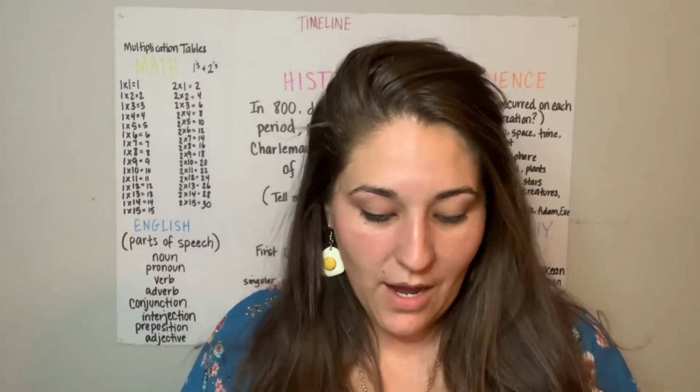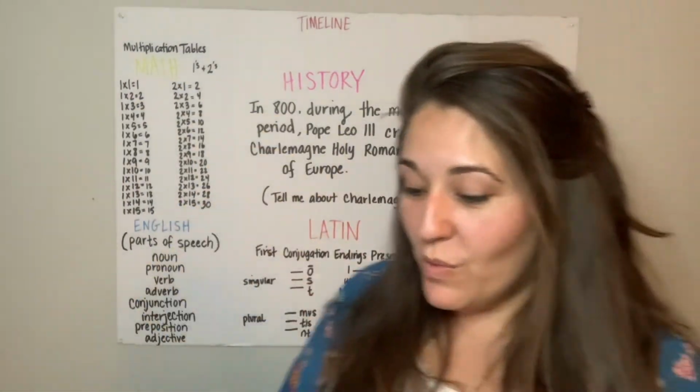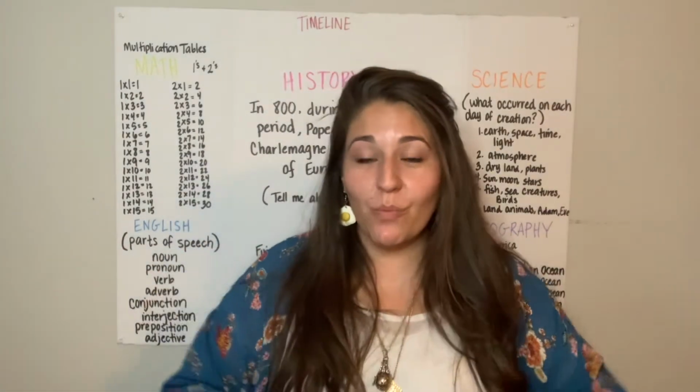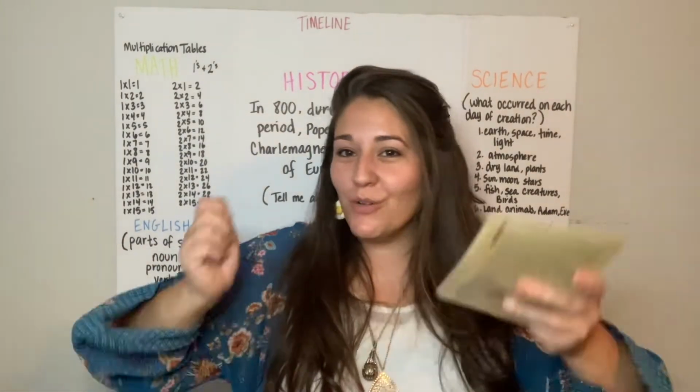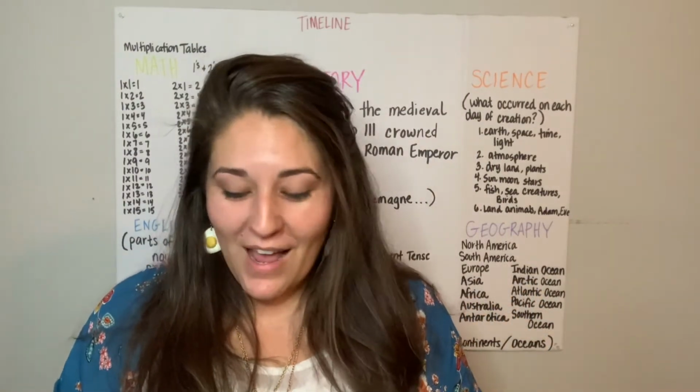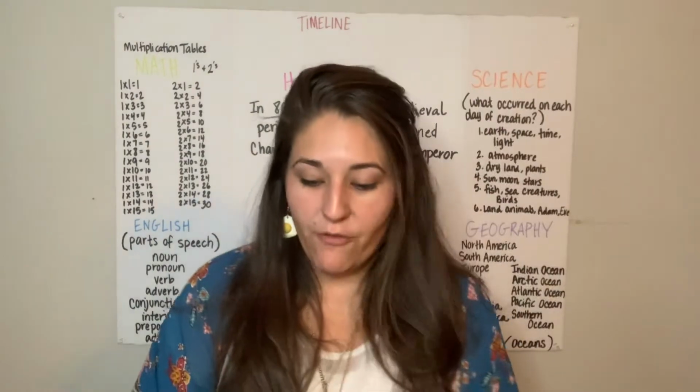And what we did for our timeline was our last part of the memory work. We ended up getting a parachute. We tossed the cards onto the parachute and bounced them up in the air. I also had the kids put them in order, and that was a lot of fun. And our motions for this were